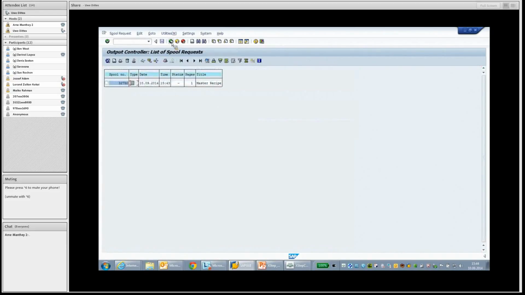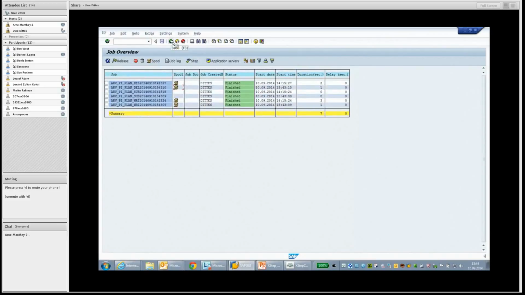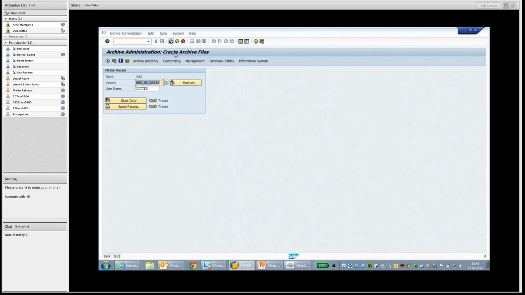And also the database table entries that have been removed from the database table. Okay, so next thing that I want to briefly show you is